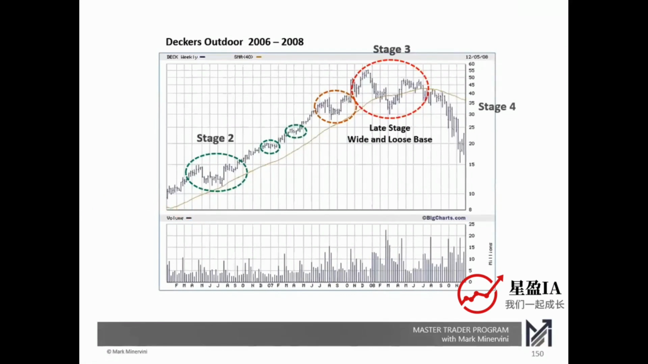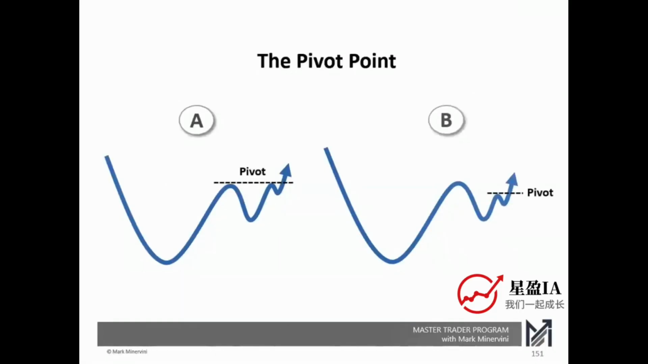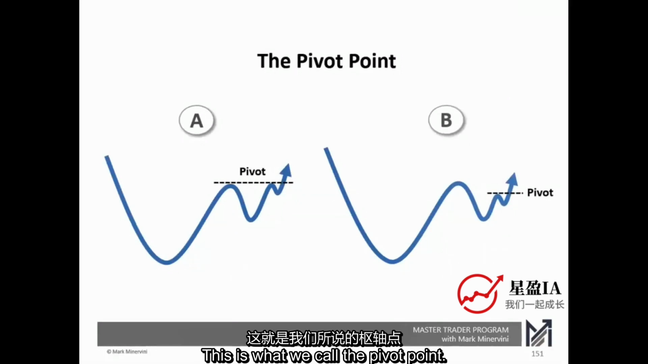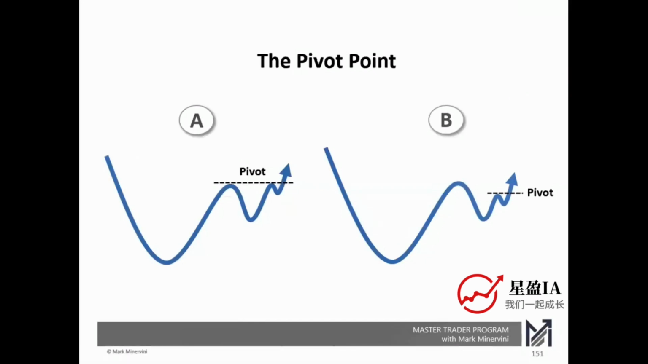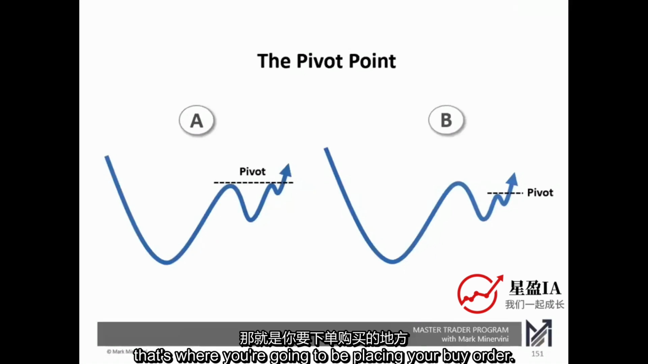Right. Okay, so now we're going to zoom in a little bit more and really take a look at that right side. This is what we call the pivot point. A pivot point is simply a tight area or a price formation on the right side that is an actionable price. When you get through the high of that price point, that's where you're going to be placing